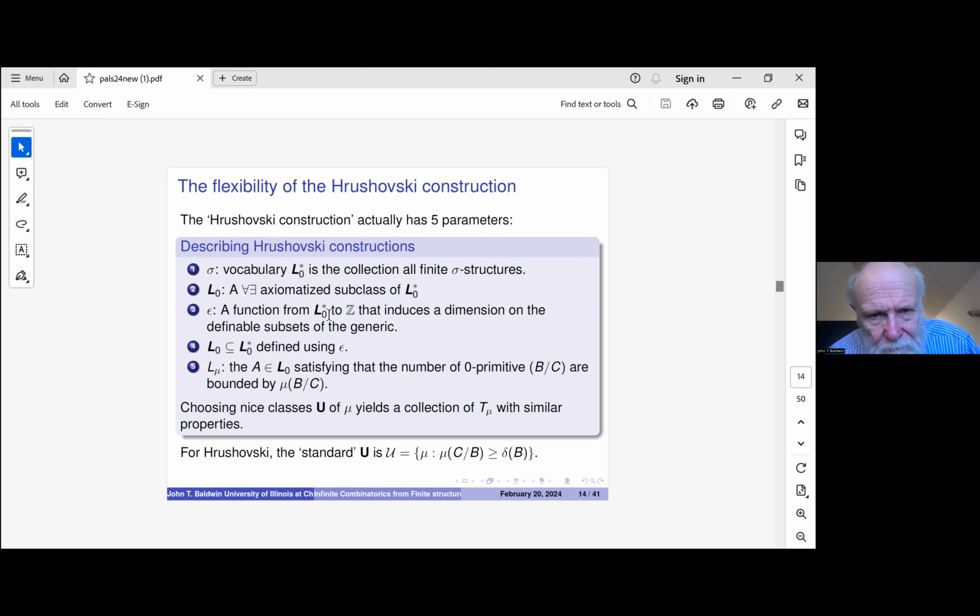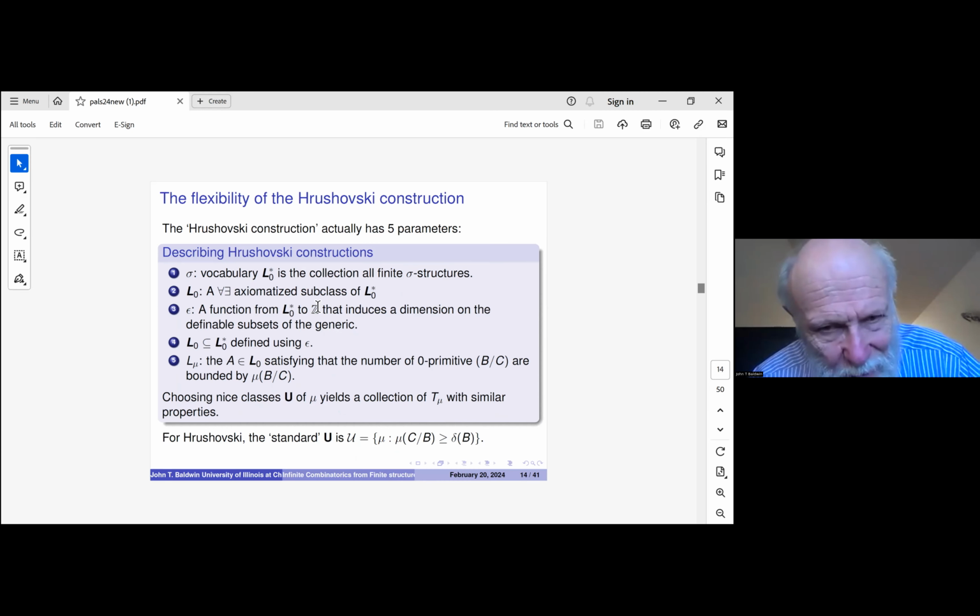And then a function from L0 to the integers. In this case, the kind of generalizations I was talking about before were when you can go into the rationals or even the reals, but that's not part of this talk. That induces a kind of dimension on the definable subsets of the generics. And then using this function, you define a subclass of the structure. And then still further, in order to get strong minimality, you have a